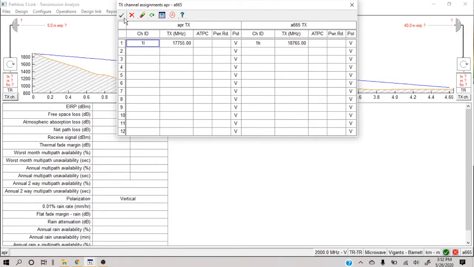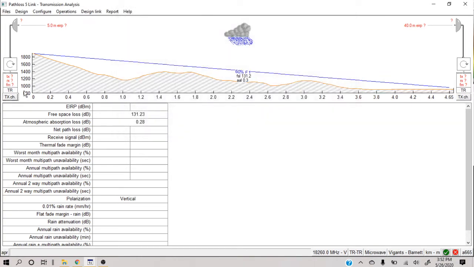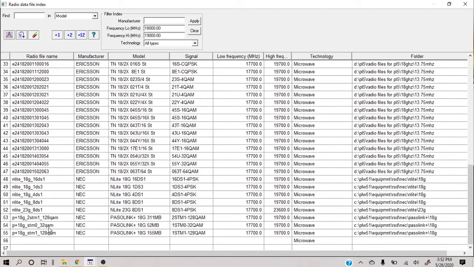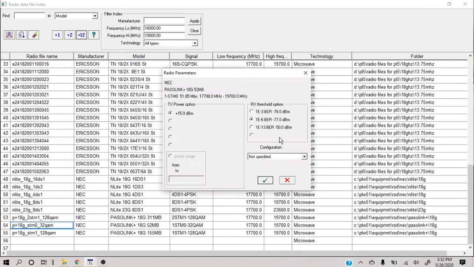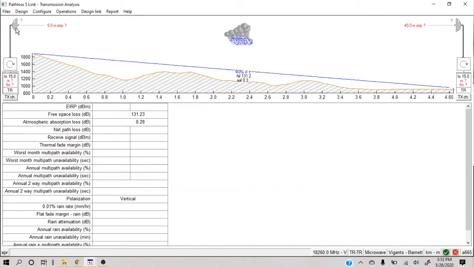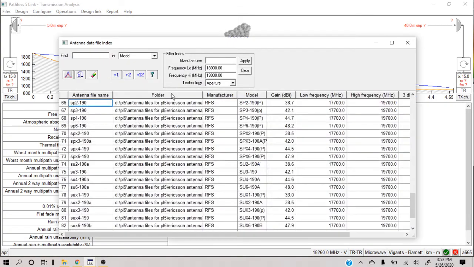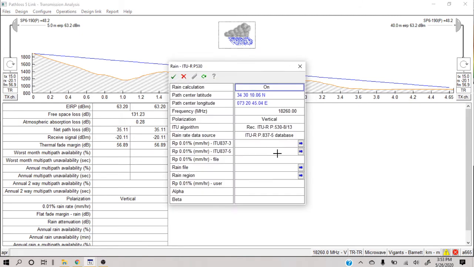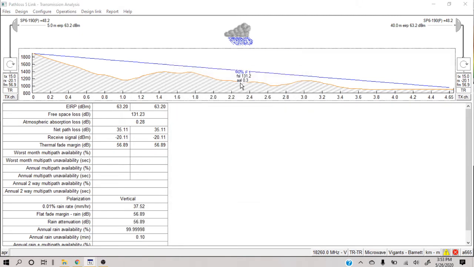I will not go into details of these things because I believe that either you have enough idea, or if you need any information, it's already available in my other videos. You can watch those videos. Again, I'm using a 6 feet antenna with a very high gain on both sides. So we have almost planned everything.